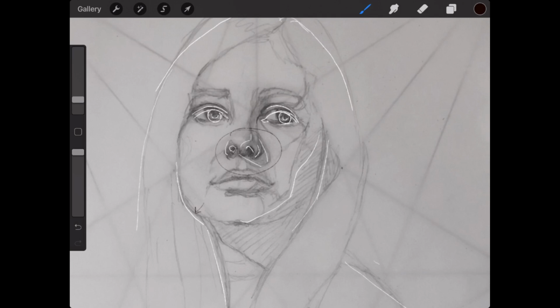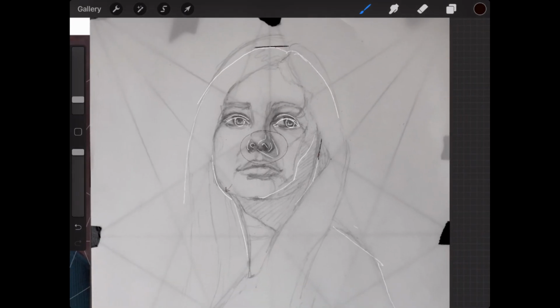Usually when I'm making corrections like this, I start at the outside. So first off, make the big correction of the hair at the top, and then make the correction of the side of the face as your number 2, and then get the eyes locked in, and then you worry about the nose afterwards.